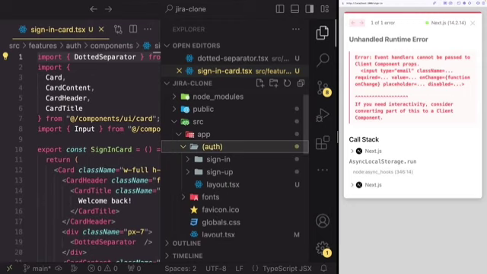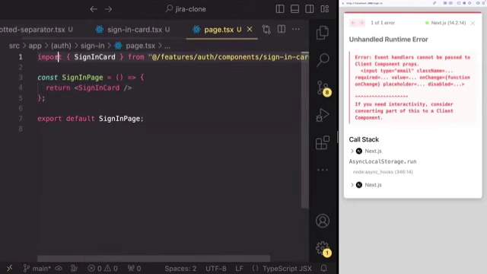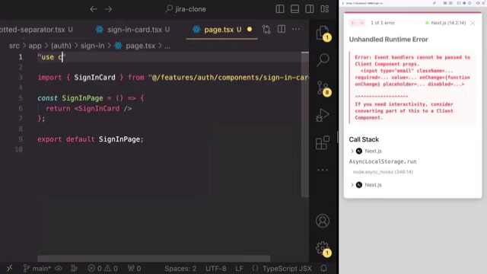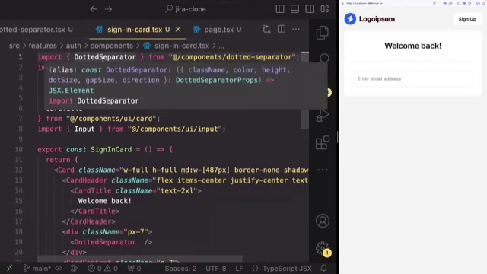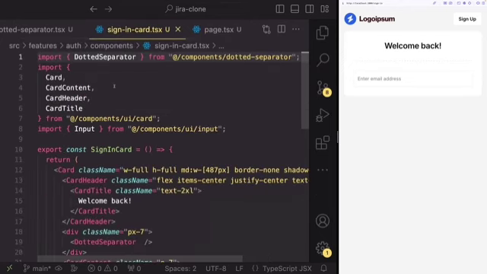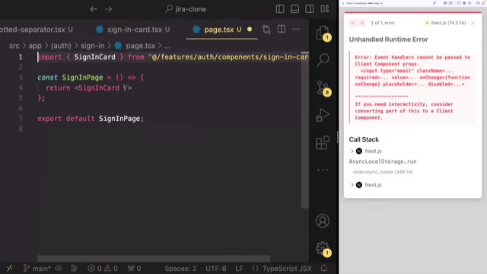We can go inside of the out folder, inside of sign in, and mark this entire thing as use client. You can see that that resolves the issue as well, right? So that's why the terminology "convert a server component to a client component" should be avoided. It's incorrect. The correct version is you've opened a boundary between server and client, because once again, you can also